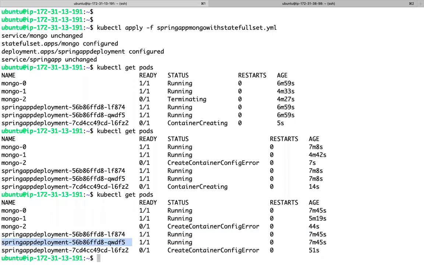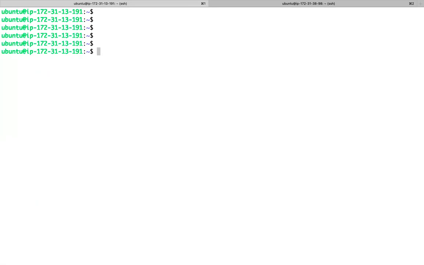Because we are referring to a secret in the pod manifest, and that secret has not been created.